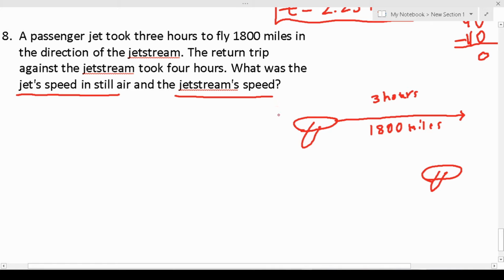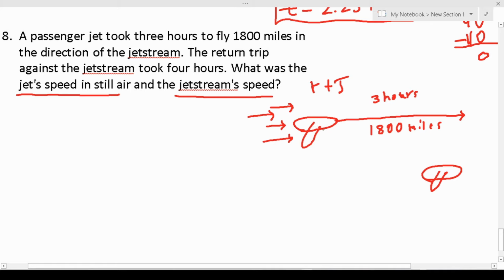And by the same token, we know what a jet stream does. A jet stream actually is like a wave in that it speeds up how fast a plane can travel. So in this case, we know the rate of this plane is being sped up by this jet stream. So I'm going to represent the rate of this plane as r plus j. That is, its rate of speed is being increased with the aid of this jet stream, which is pushing it